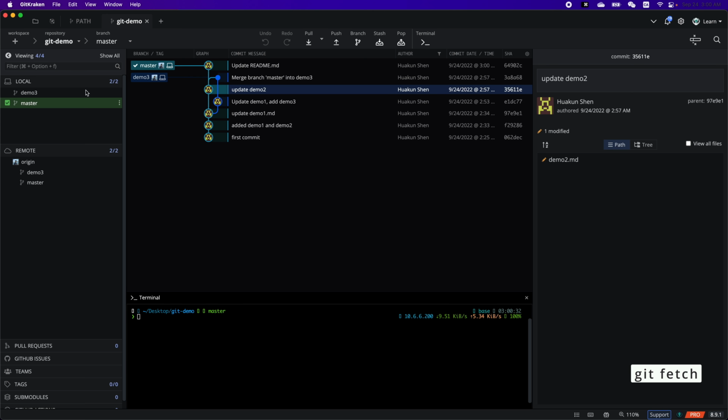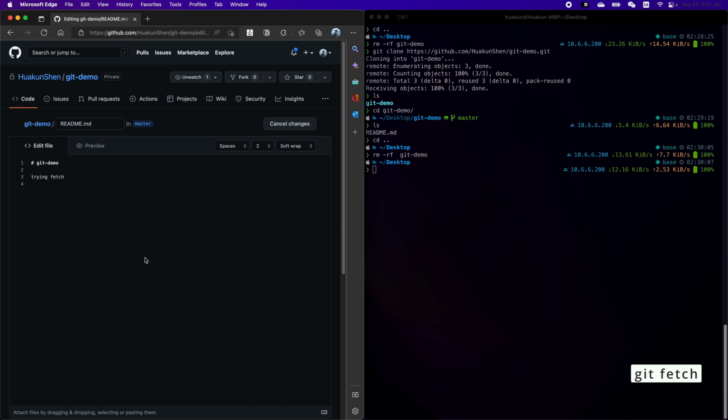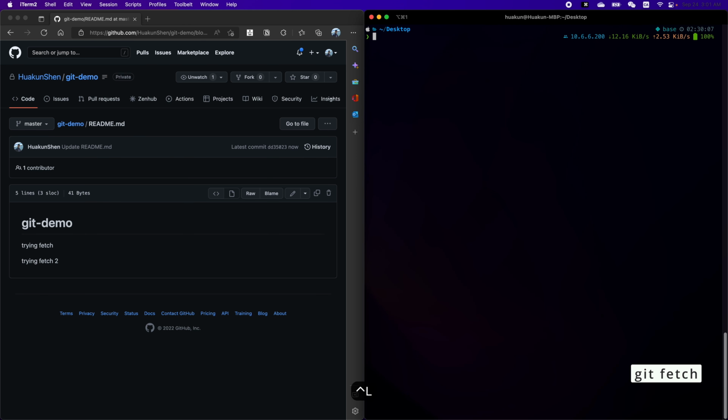Git fetch is different. We will have to close GitKraken for now, because GitKraken runs git fetch periodically, and I just want to do it manually. Okay, I quit it. Let's make one more line of change. Trying git fetch 2. Okay, commit. Now let's use terminal, cd into the git repo. Now we run git fetch